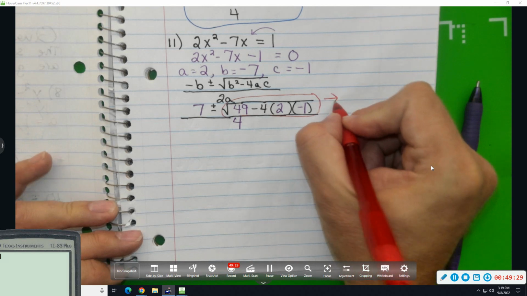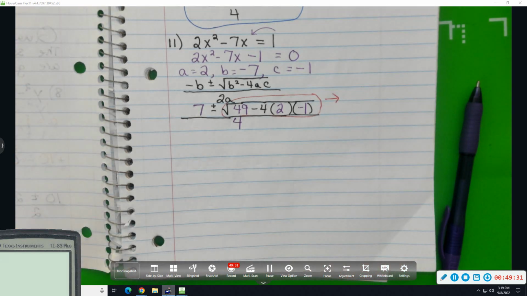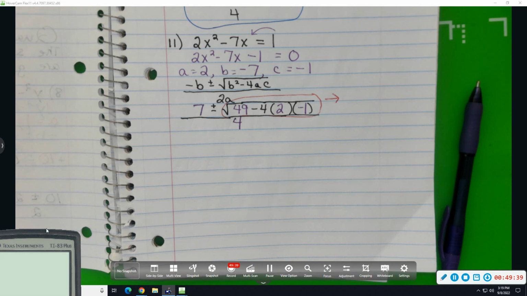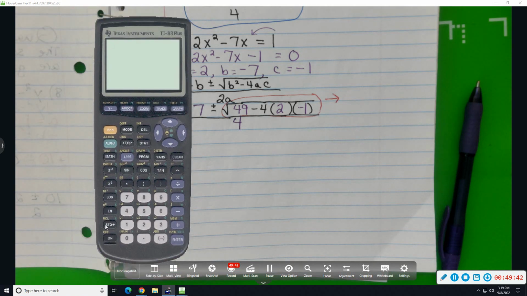You want to punch it into your calculator, Tim? 49 minus 4 times 2 times negative 1. 49 plus... wait, 8. Where's your calculator? Let me look. There, I moved it on. So 49 minus 4 times 2 times